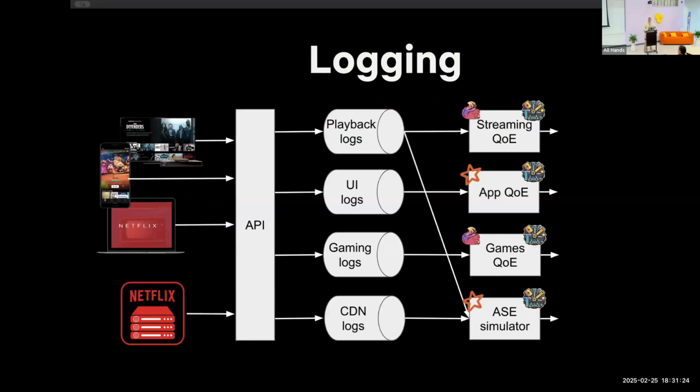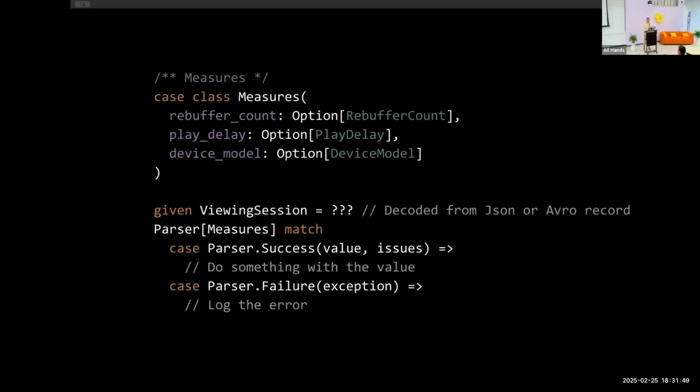Now, what would happen is that code will be published, and you would run it on your runners. We call them runners. So for streaming QoE, the Flink app here would run the measure library, and others would be Spark. It would run that measure library again. So there's a requirement: it has to be JVM, I guess. So let's see how they run it.